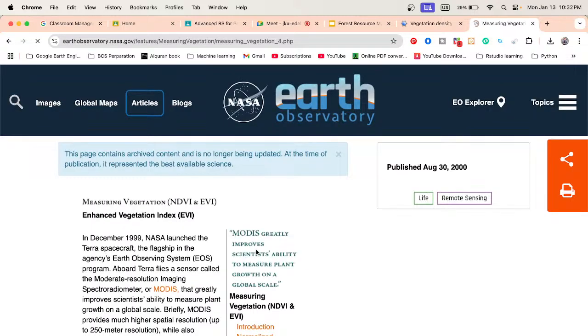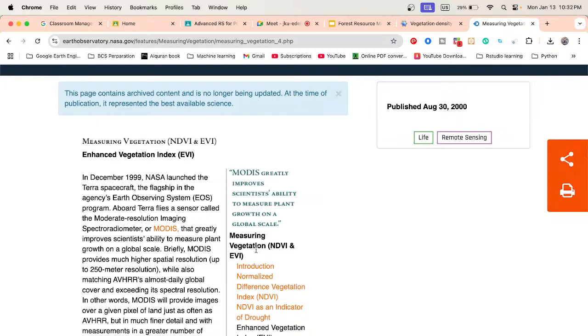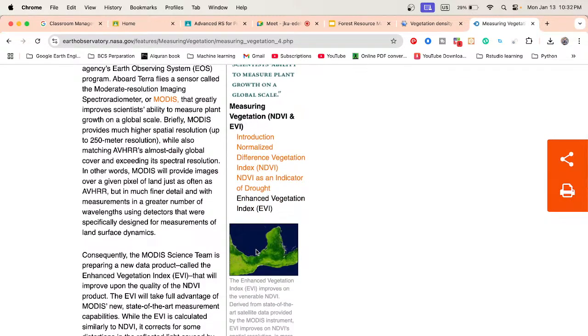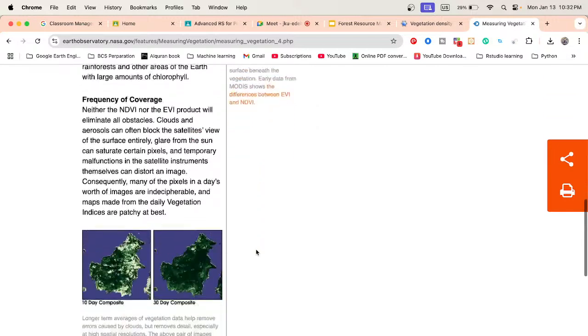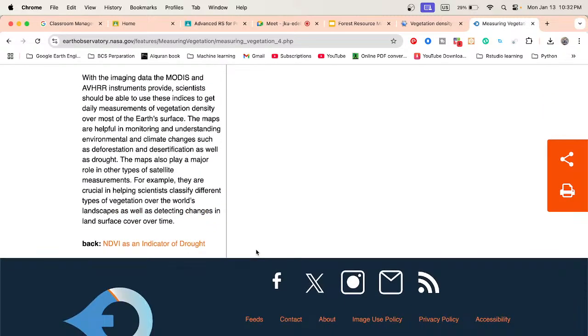I have also attached it in my material, so you can get a better idea of the difference between NDVI and EVI, and when you need to use EVI and when you need to use NDVI. Then you will get a clear concept about EVI and NDVI, and further you can easily use it. Okay. So in this